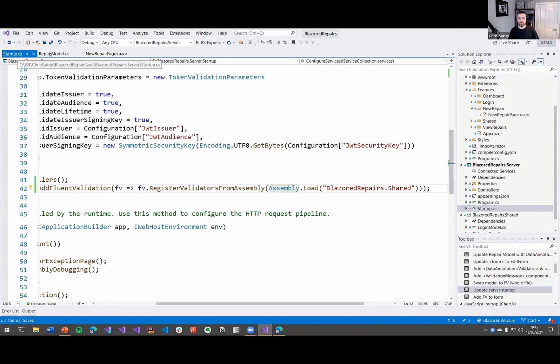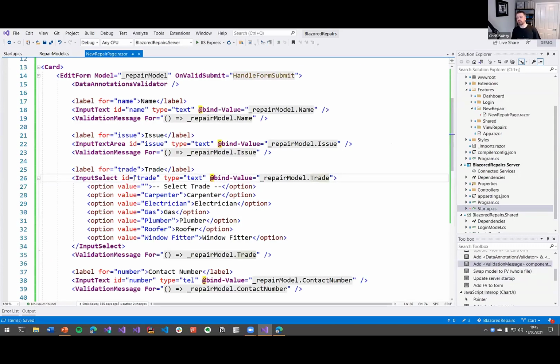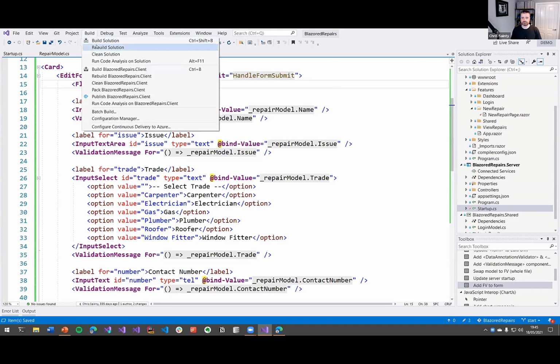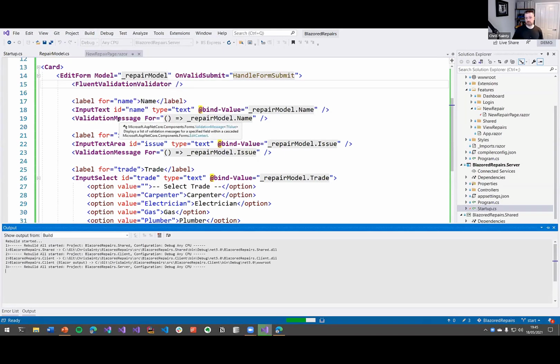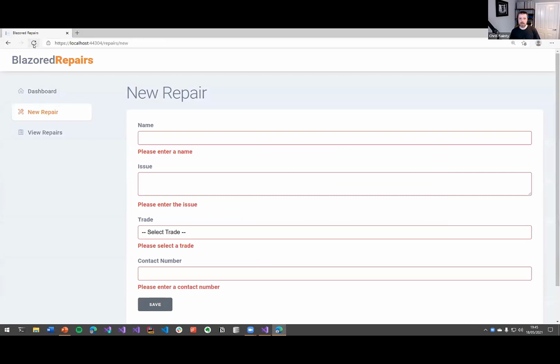Cool. So that's our model in the shared project, and our server is configured at this point. So the last thing we've got to deal with now is our form in Blazor. So all I'm going to do is replace that validator with this one. Now, I've installed a NuGet package here ahead of time. It's actually one of mine. It's called Blazor Fluent Validation. And all it does is give you that validator. So you install the NuGet package and then put that validator in place, and that's it. So I'm going to save that. I'm going to rebuild everything. And then if we go back to our app and refresh it,